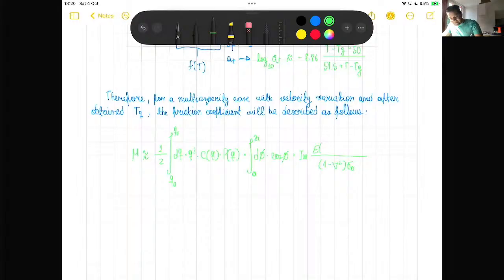So the elastic modulus is a function of the wave vector times the velocity times the cosine phi, because it is polar coordinates, and the temperature T(q)